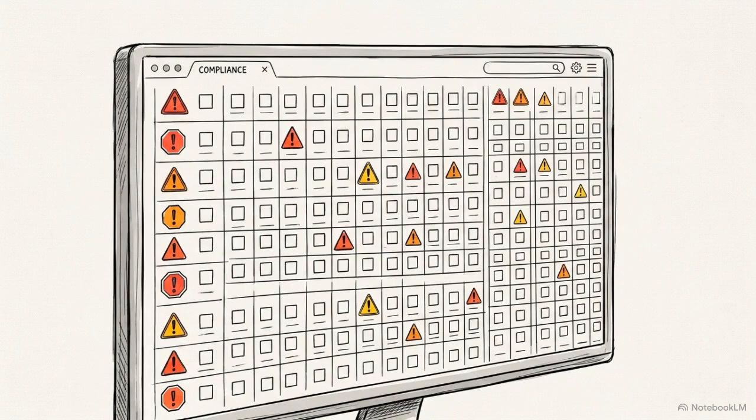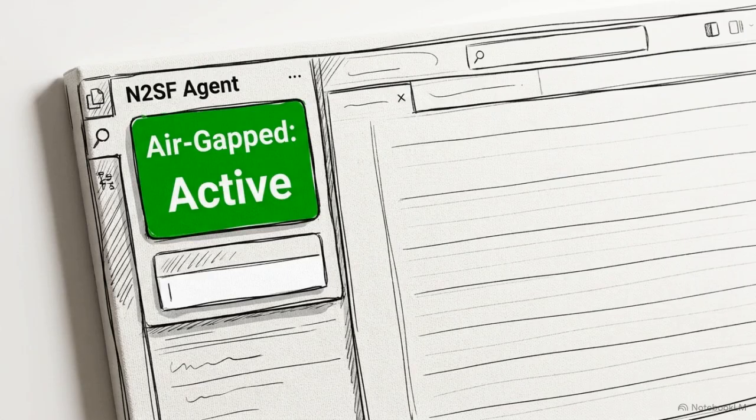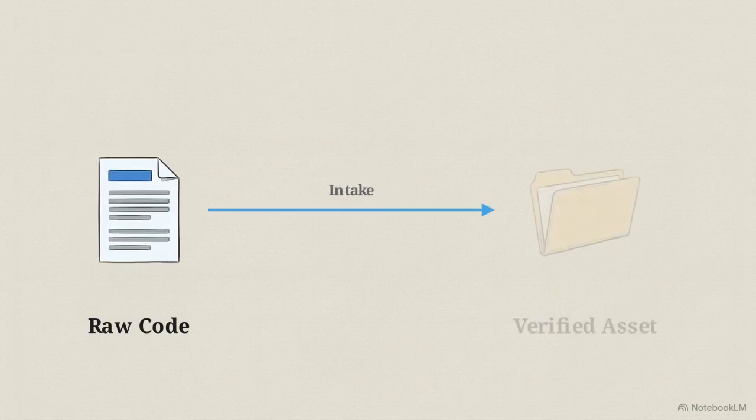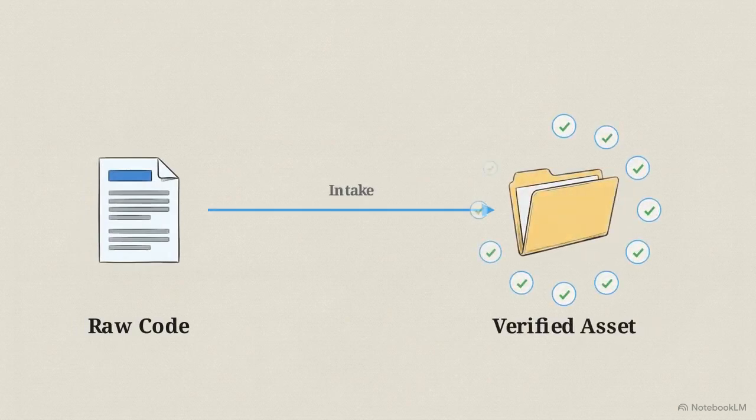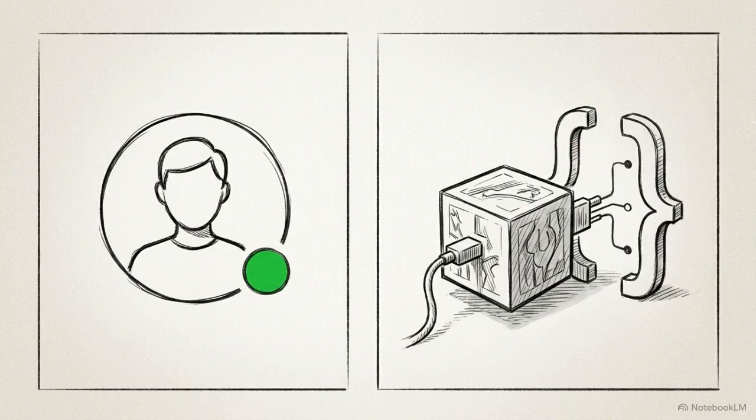Even if you could use them, manually gathering the compliance evidence for 254 control items can take weeks of administrative overhead. In this tutorial, we will execute a completely air-gapped AI coding session directly inside VS Code. By the end, you will automatically generate 12 pieces of compliance evidence and secure QA approval through a single integrated flow. Before we start, make sure you have an active IronMind developer account and the N2SF VS Code agent installed